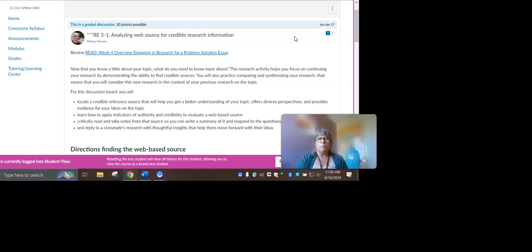This particular assignment that you're working on right now is helping you learn how to find a credible web source. Now, that web source could end up a documentary. Maybe that's what you find on the web. It could end up a well-researched article from a .edu website. It could end up a .gov website, which is an informative report on your issue. The important piece here is that you need to find something substantial, deep, to help you get a good, solid understanding.